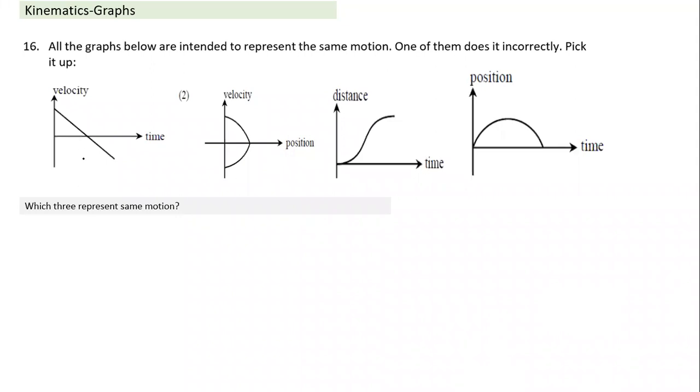The first one is easy to understand. This is a velocity time graph. At time t0, it has positive velocity and velocity keeps decreasing, comes to a stop and becomes negative. So what kind of motion is the first one? It starts with positive velocity, negative acceleration and constant acceleration. So it is uniformly accelerated, with negative acceleration.